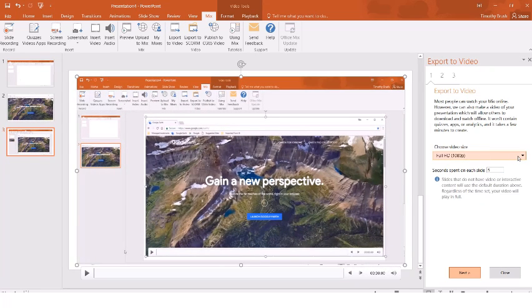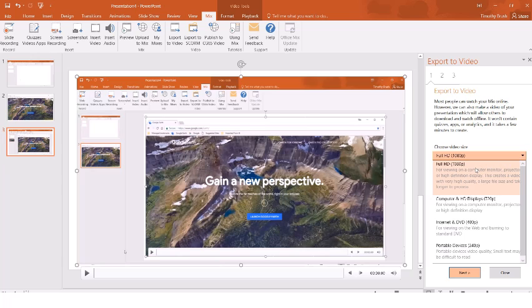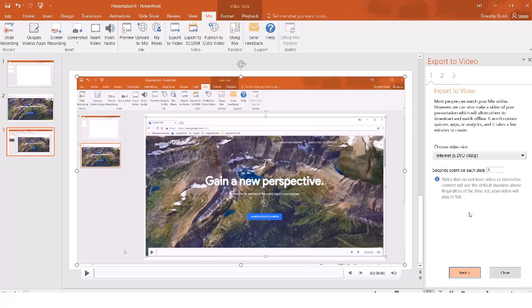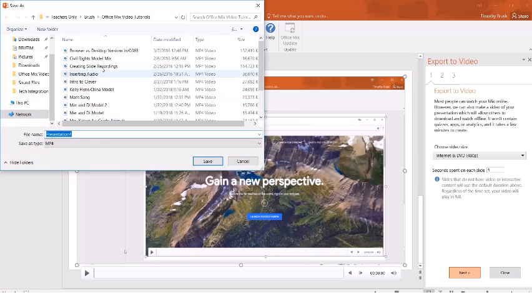The first thing I'm going to do is my video size doesn't necessarily have to be full HD. That's going to be a pretty large file, and it's going to take a long time to compress. But what I'm going to do is I could either put computer and HD or even internet and DVD. The quality on that is pretty good. And then this option here for seconds spent on each slide is only if you had slides with no interactive material like a video recording, which is what these are. So I'm just going to leave that at 5 because it's not going to change the length of the slides anyway. I'm going to go ahead and hit next,